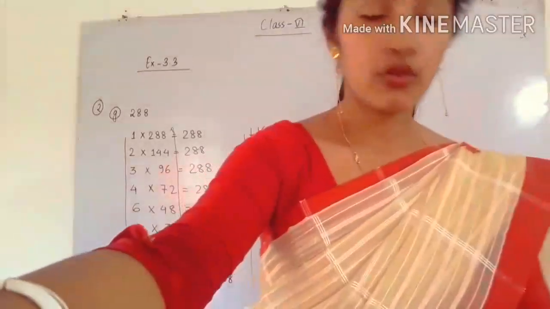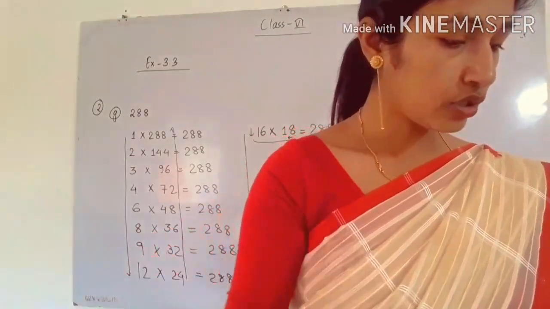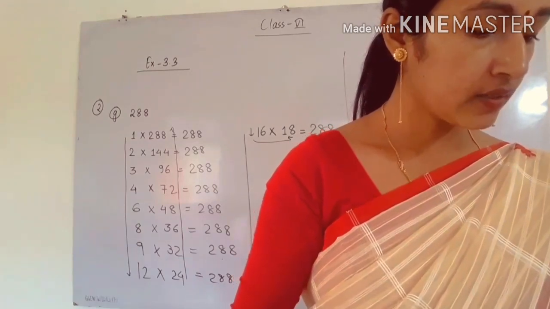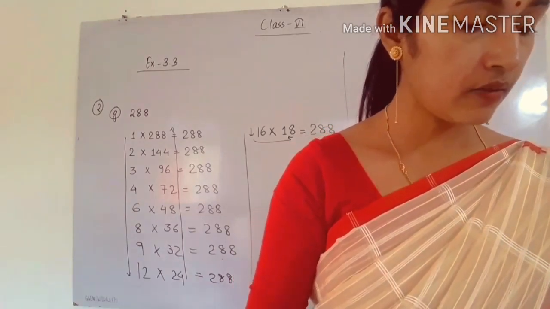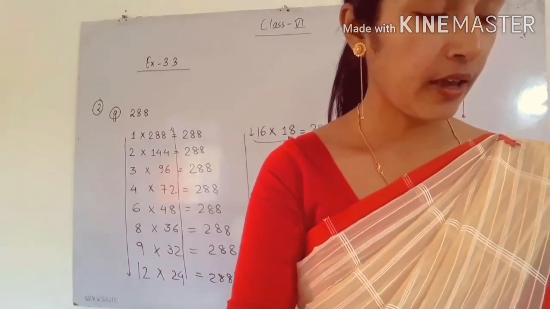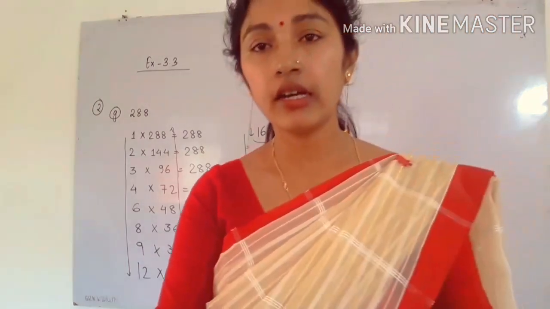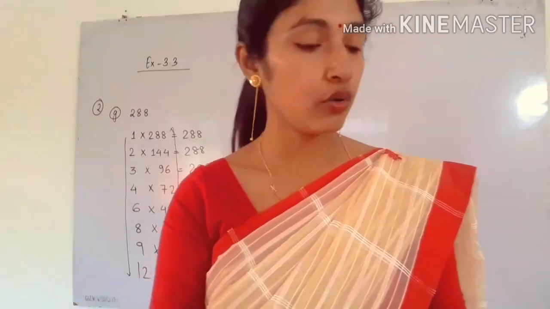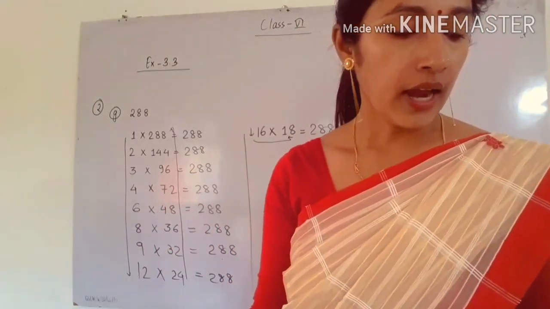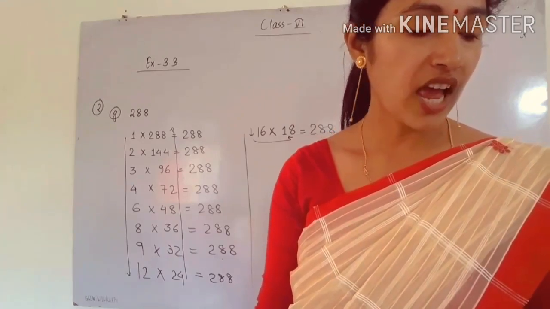Okay. So come to the next question. Question number 3. This is fill in the blanks. Number A is: if a number A is exactly divisible by B, then B is dash of A. So what you have to write, factor or multiple, I have already told you the definition. So like that you have to write. And A divided by B will have dash as the remainder.